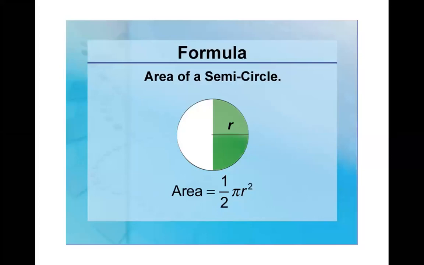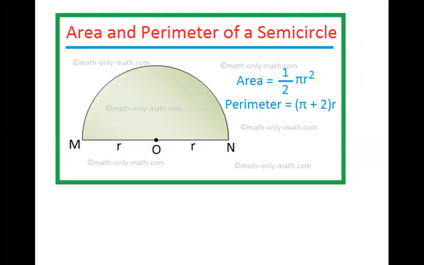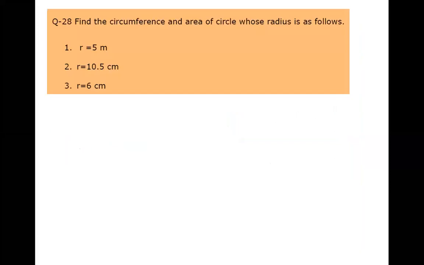So this is the formula of the semicircle. If I cut it, I get the surface area. But for the perimeter from M to M, I get this formula, and please remember it. So now we start some examples. The semicircle perimeter represents half of the circumference plus D. This is the shortcut. Now the first question on your screen. I'm doing 1, 2 and 3 for your exercise.